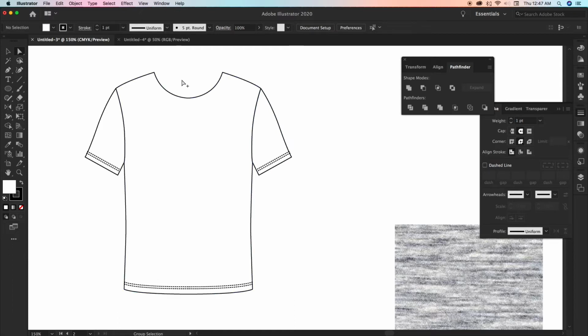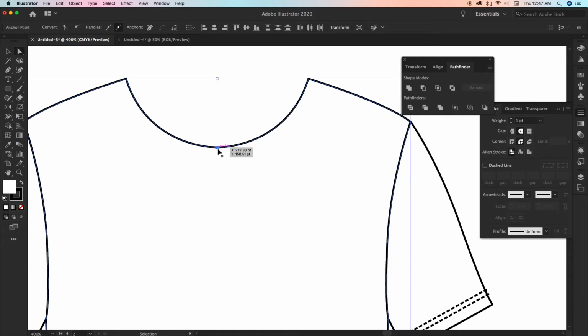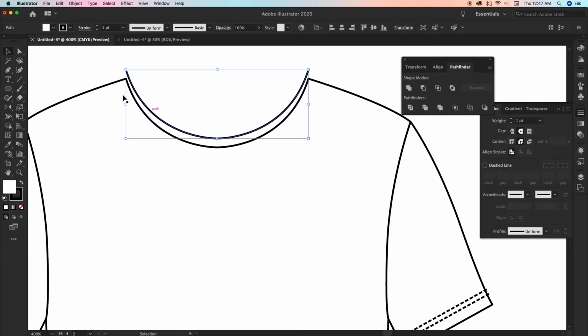Now the next thing we need to do is select with the white arrow only the neckline. There are a couple of vector points here because you merged two lines there. So Command C, Command F, you get a line here. Okay, let's copy with the black arrow now. Command C, Command F, and we just